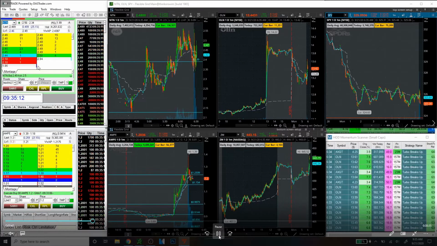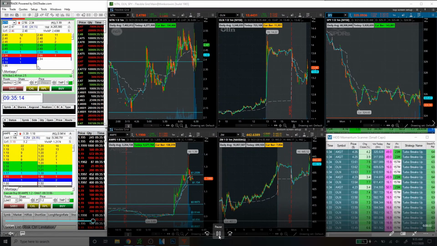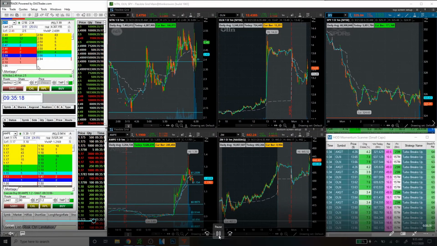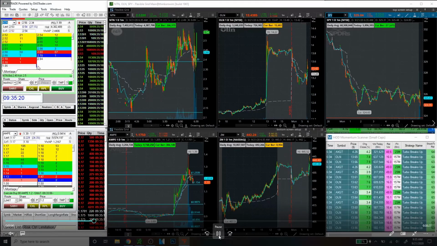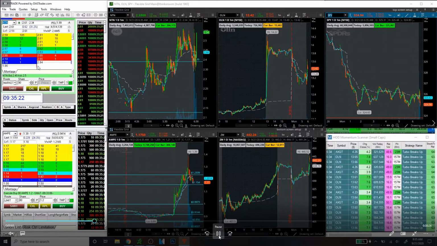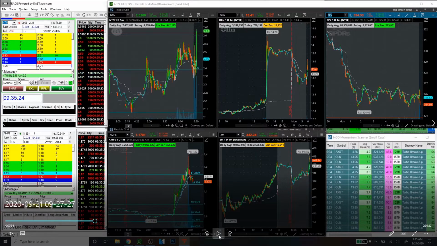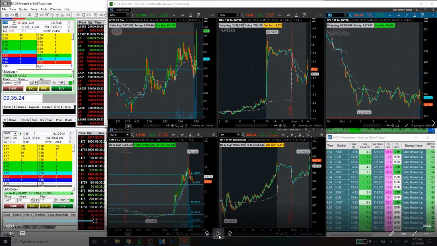Here we go. It's approaching that 255 level, that previous resistance it was having issues with. As you can see, the prints are getting really aggressive, green, and it cleanly breaks over 255. As soon as you see the buyers come in, it's taking out that clear level cleanly, as you can see. And that's what you want to see